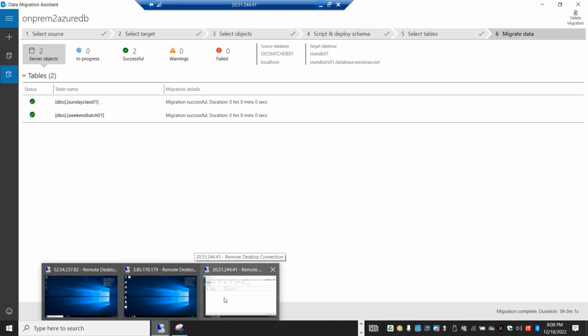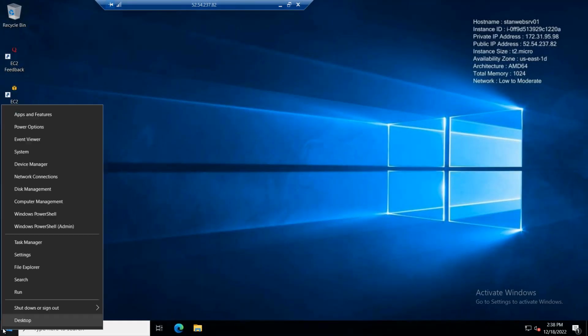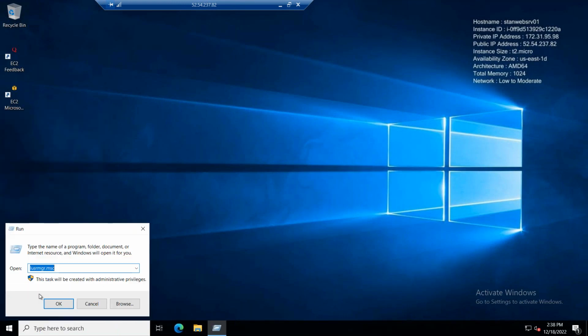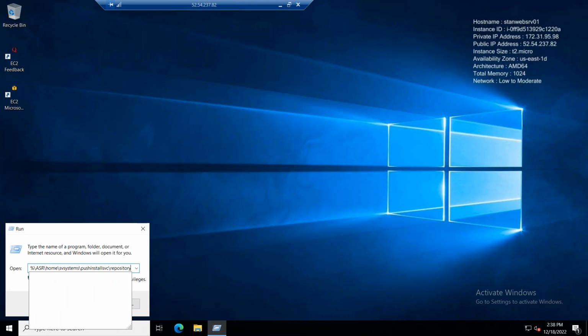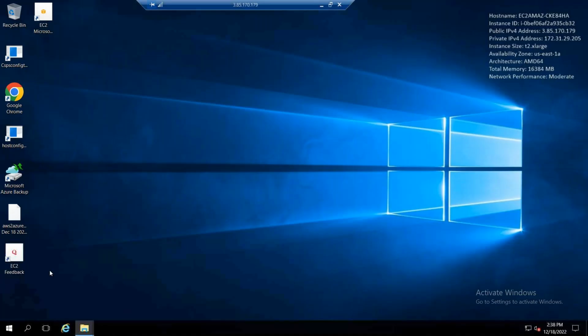The Stan web server, this one. And from here, I can directly get that stuff from here. Let me go to that location, or else I can just do this. I can copy it from here to here,